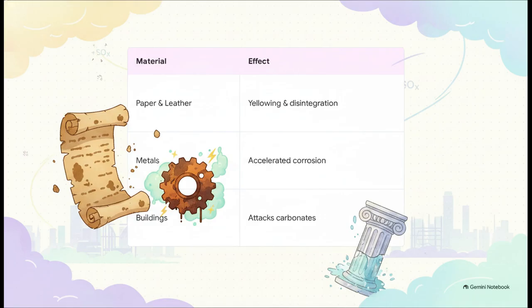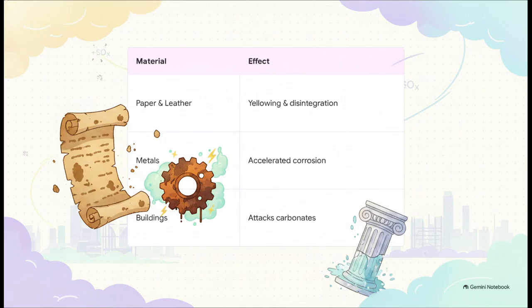In archives and libraries, this acid exposure causes paper and leather to turn yellow and physically disintegrate. Over in construction and engineering, it massively accelerates metal corrosion, especially when the relative humidity is high. And perhaps most visibly to the public, it chemically eats away at carbonate building materials. This is exactly why gorgeous historical limestone and marble structures, which are super rich in carbonates, literally slowly dissolve away